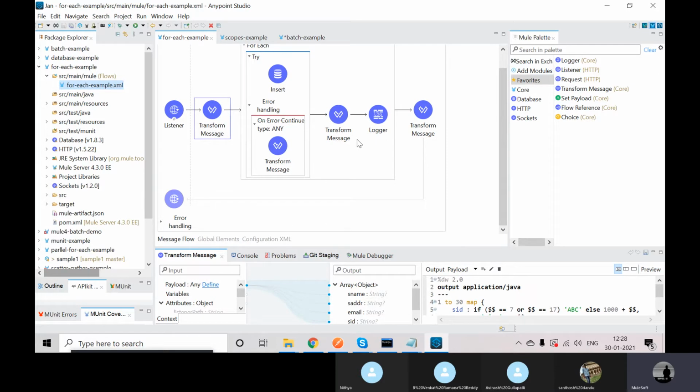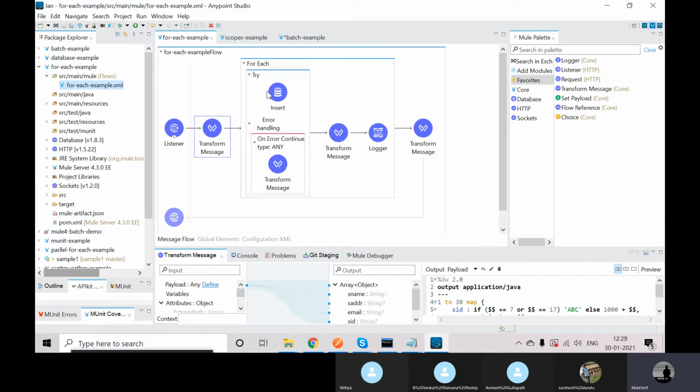Otherwise, if you want, I can explain it. If you are able to understand now, I can explain it now, but this is a somewhat difficult thing. While processing for each, I'm using it in this way, right? Here it is inserting, and if I get an error in the seventh record, all the remaining records fail. So what I'm doing is wrapping this database with a try catch.